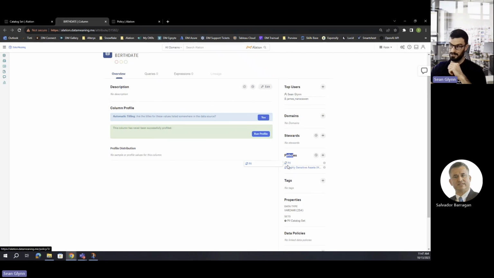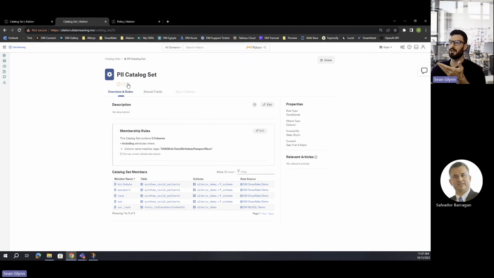but you'll see one new little icon here that didn't exist before, and that's this little gear icon. So if I hover over that, you'll see that this is an indicator that says this is a policy that has been applied by a particular catalog set, and I can actually jump to that catalog set by using the hyperlink there. So this is a huge feature on the Alation site that definitely is going to be helpful